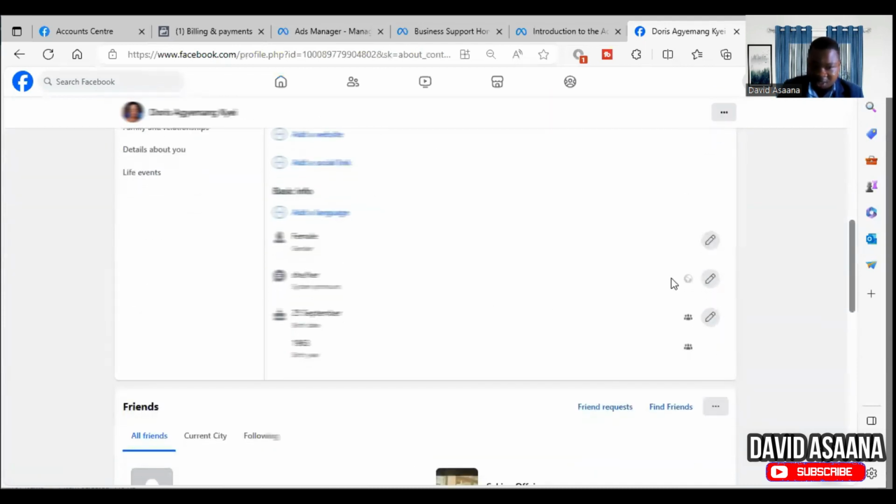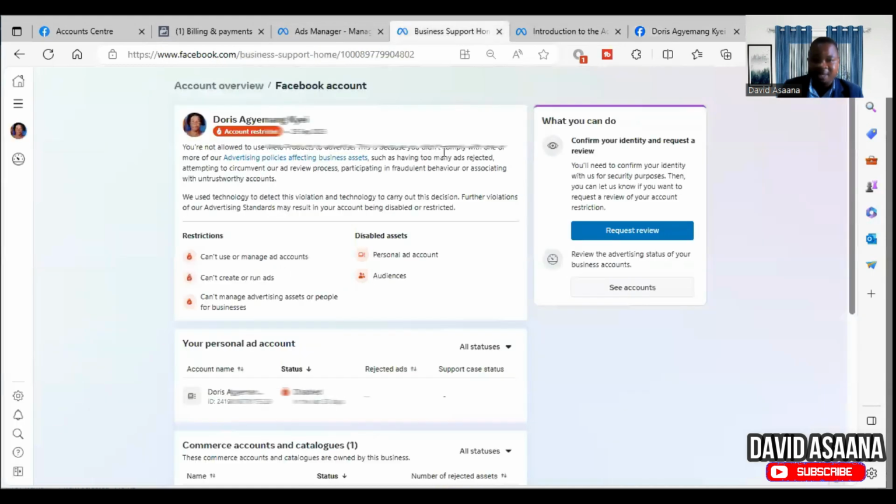So you check the gender to make sure that it is exactly what is on the ID card. Make sure these are the same. If they are not the same, you'll be in trouble. Okay, so if you are sure that is done, and for those who don't know how to even come to account quality in the first place,